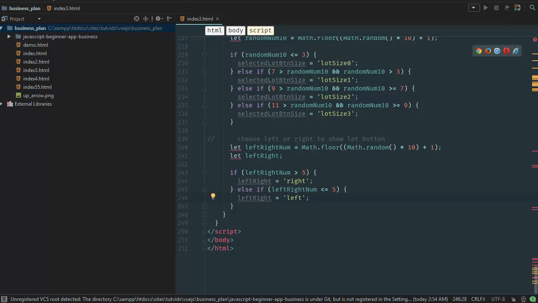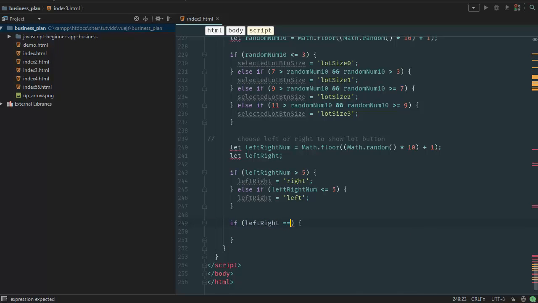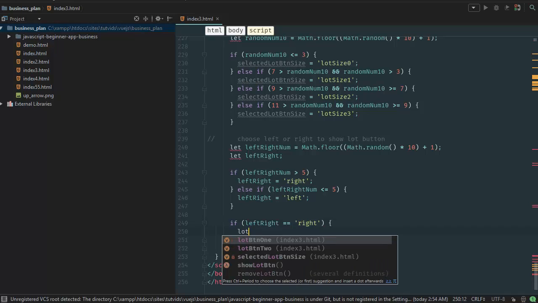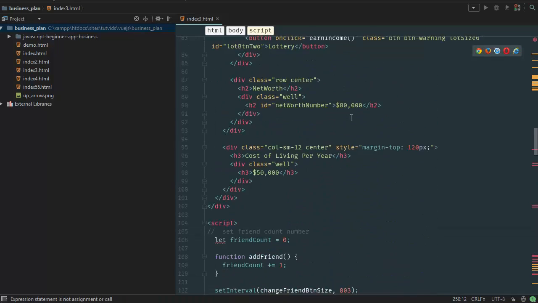And finally we want to say left right, left right 5, left right right, left right left. So finally, now that we have both the lot size number and the left right determined, we're going to use those in conjunction together. So we're going to say if left right is equal to right, then we're basically defining, if we go back up to our classes here,